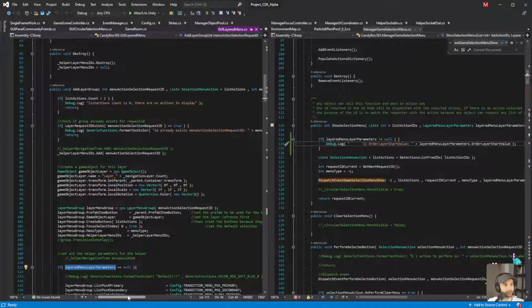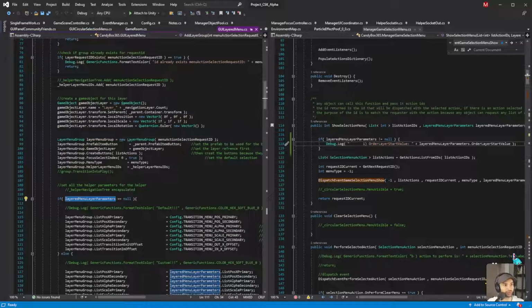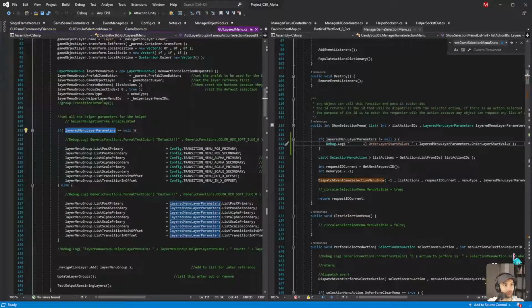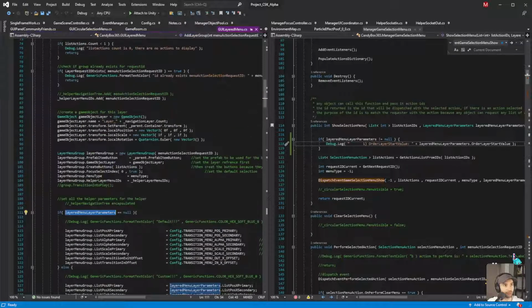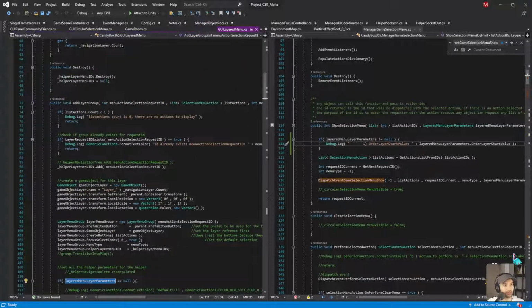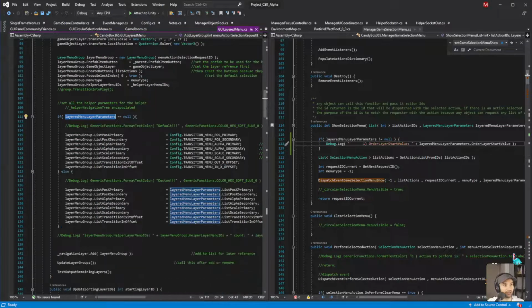Layered menu parameters. That's what I'm looking for specifically. If it is null, do this. If it is not null, do this. What? Where's the ID being used then?